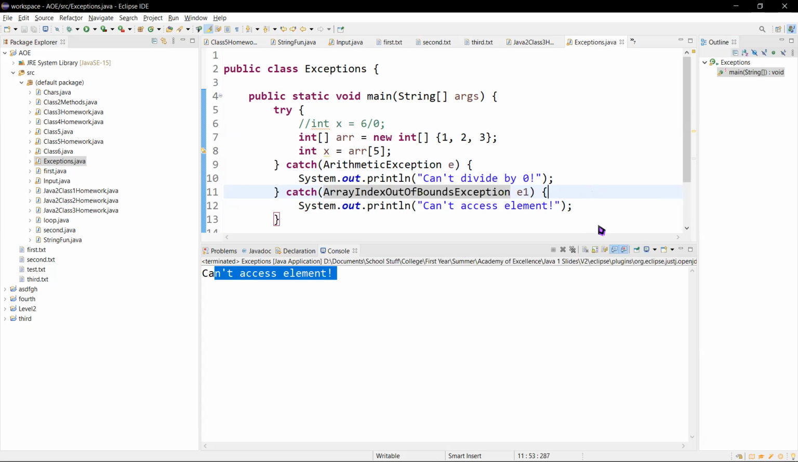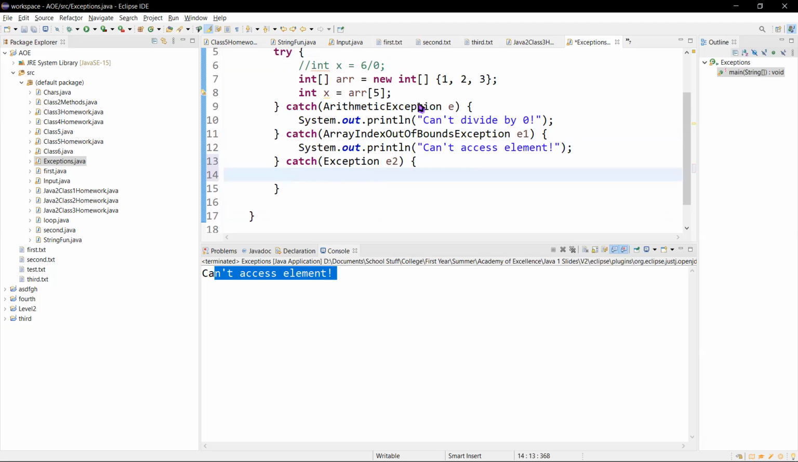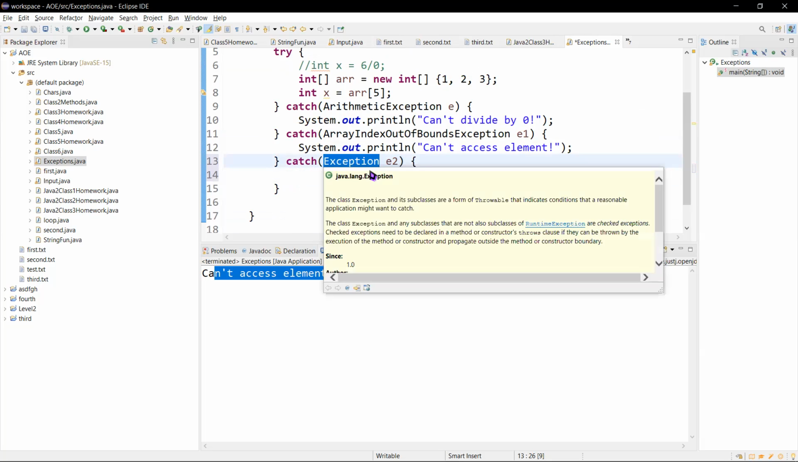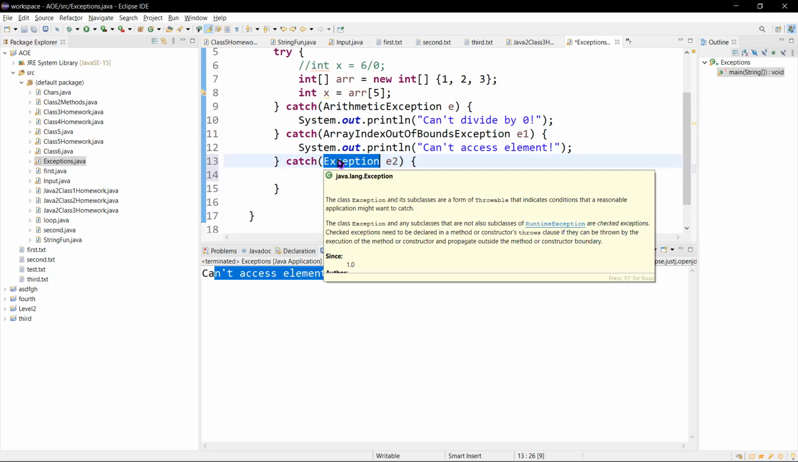Just the final things here, you can add a general catch statement. You can just catch any exception. So what this does is, instead of catching a specific thing, like arithmetic exception or array index out of bounds, you're just catching any exception that might happen. And a note here is that the order does matter. You have to put this general exception catch at the very end,